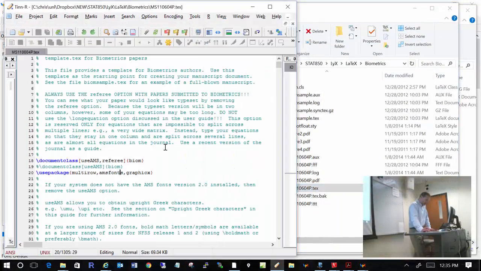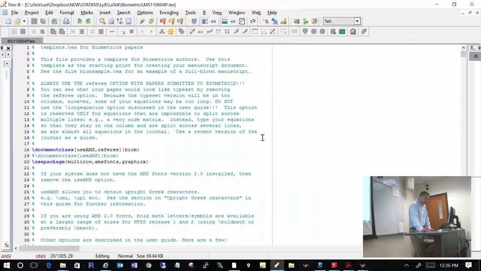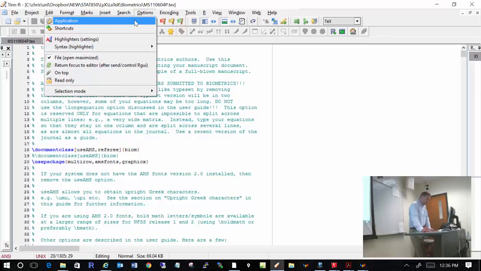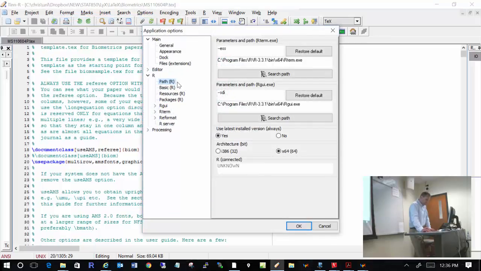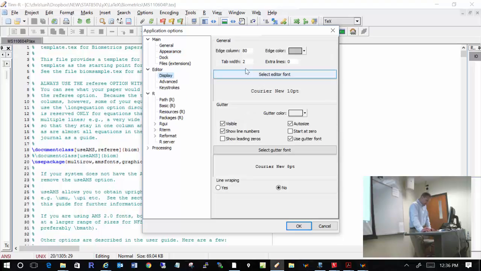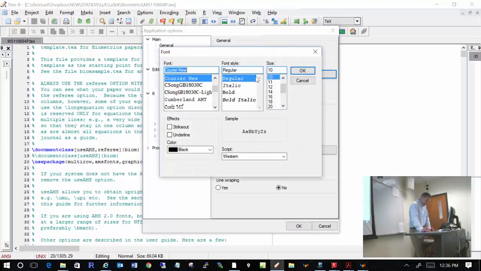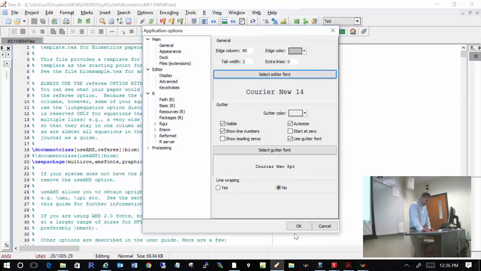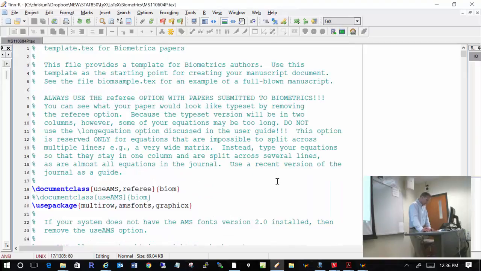So just for future reference, this is actually the software package that I often use with R to type my programs in. Okay,